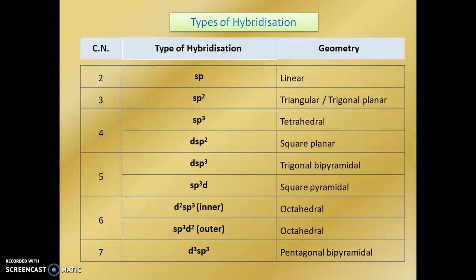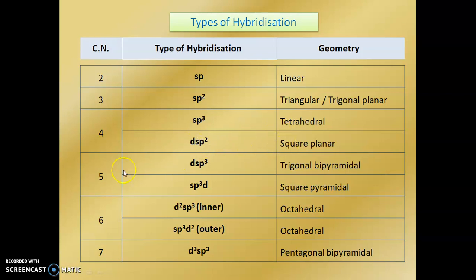Next, we see the types of hybridization. If the complex has coordination number 2, the hybridization is sp and the geometry is linear. For coordination number 3, the hybridization is sp2 and the geometry is trigonal planar. For coordination number 4, there are two possibilities, sp3 and dsp2. If sp3 hybridization is there, the geometry is tetrahedral, but if dsp2, then the